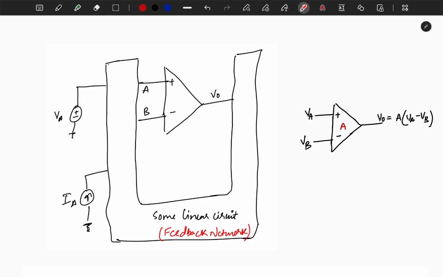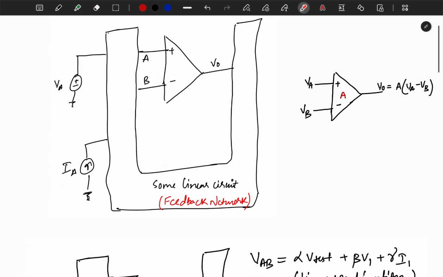When feedback is applied, the working of the op-amp is changed. We will now see how to determine which type of feedback the op-amp is in, and then, in a subsequent video, we will see how it affects the operation of the op-amp compared to a normal conventional one. Okay, so